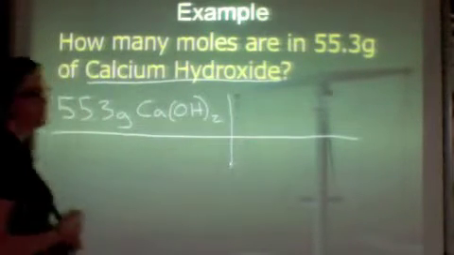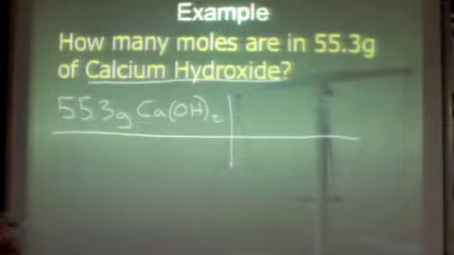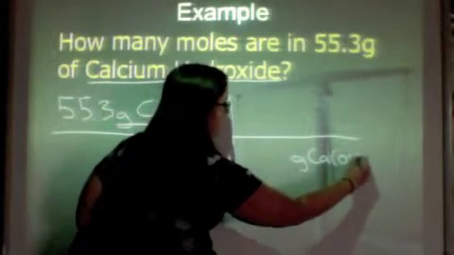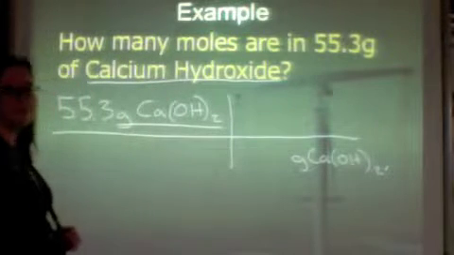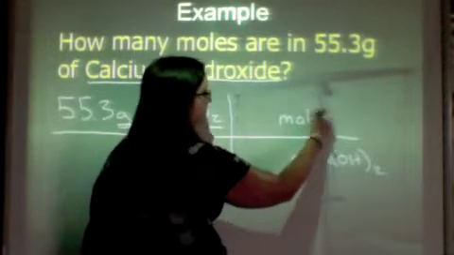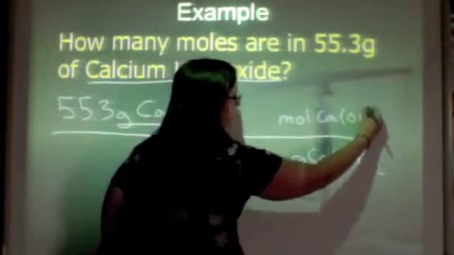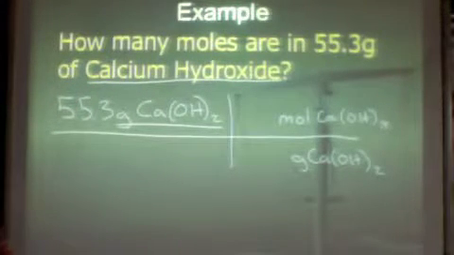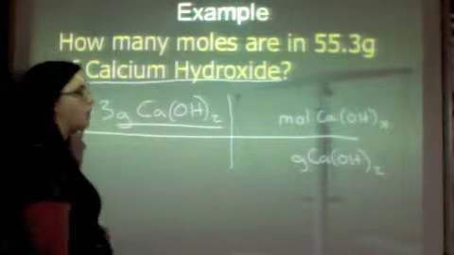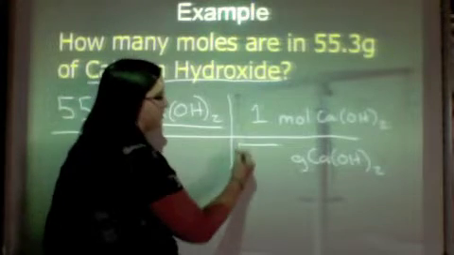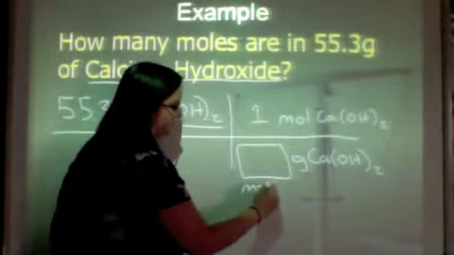And we're going to draw our conversion table just like we did previously, and follow that same pattern over and over and over again. We have grams here, so we're going to put grams on the bottom. Whatever we're trying to get to in that particular step goes on top. So we're trying to get to moles of Ca(OH)2. And looking back at your conversion factor, what equals what? 1 mole equals the molar mass. So that means we're going to put 1 here, and whenever you have grams, you must find